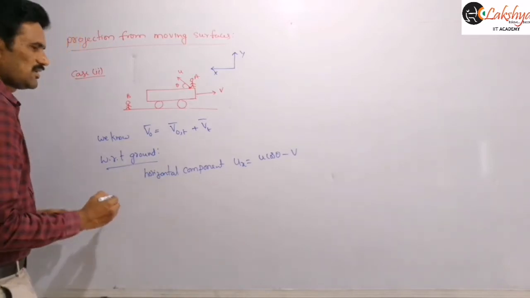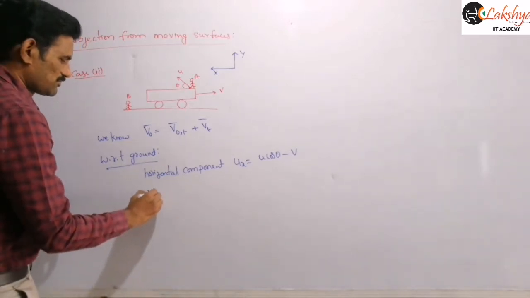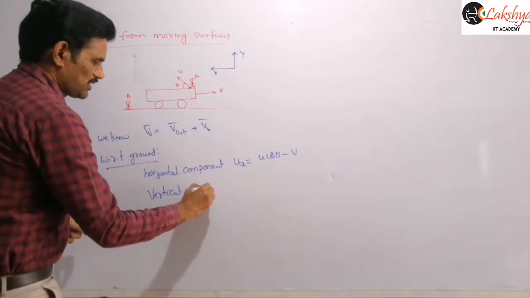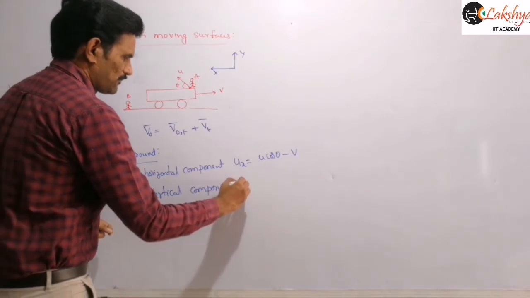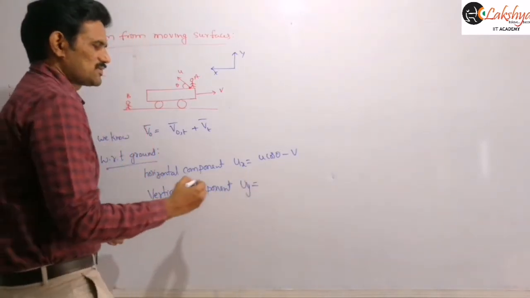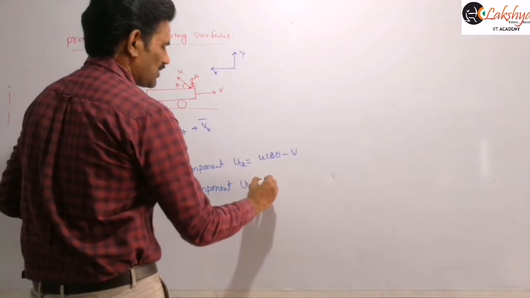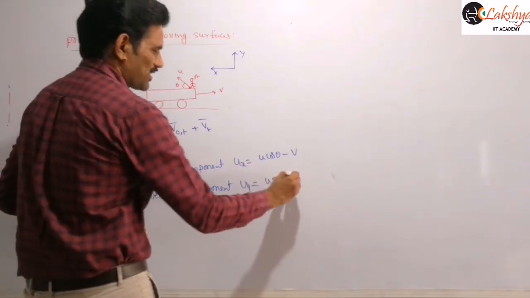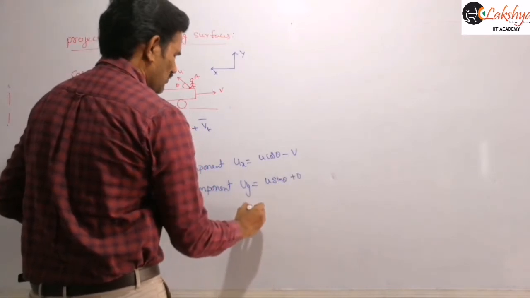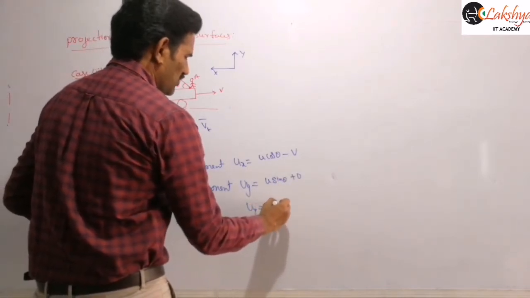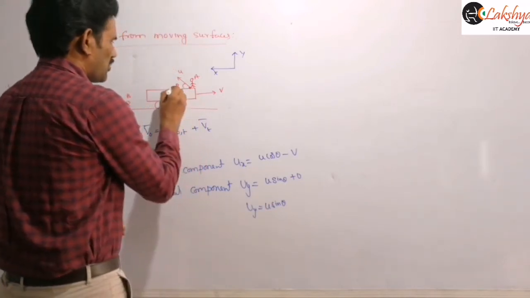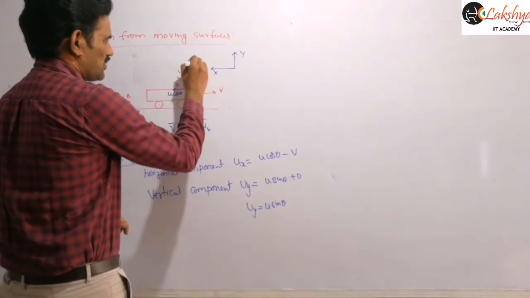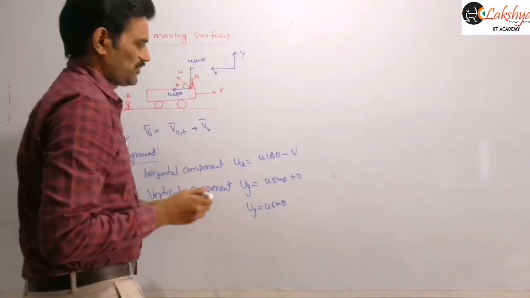And next here, similarly you can write this vertical component. So u of y is equal to, simply this vertical component, it is nothing but u sine theta. Because the velocity of the truck here is 0, there is no velocity of the truck here. So this value will be u sine theta. So these are the components with respect to the ground here. U cos theta minus v along this direction and u sine theta along this direction here, right?